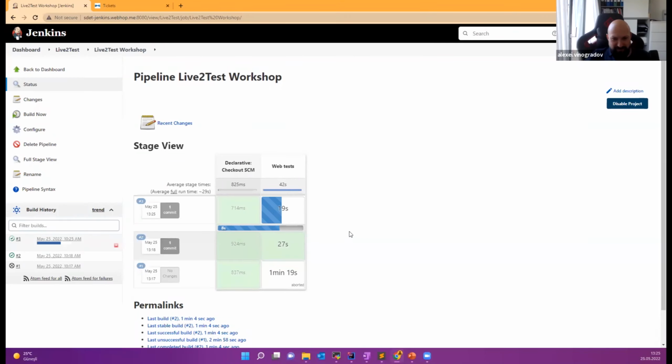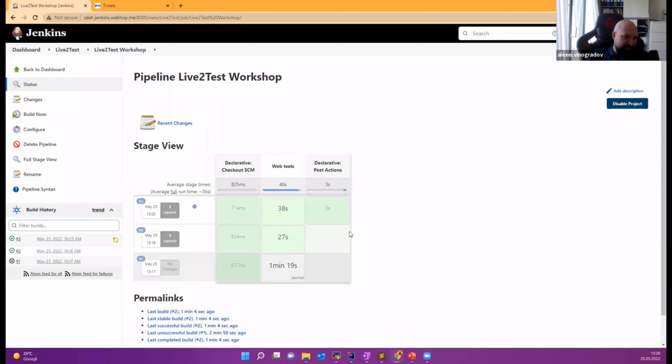So we could of course do it as another stage, but the typical default behavior of the stages is that if the first stage is failing, the other stages are not executed. This is the fail fast principle, which is actually quite a good idea.